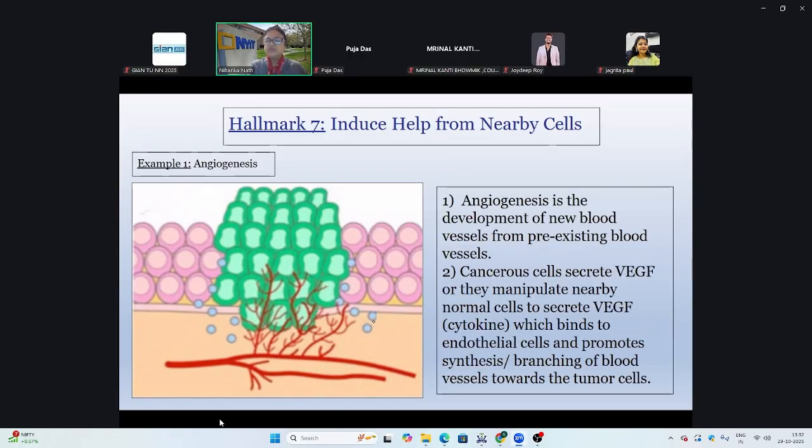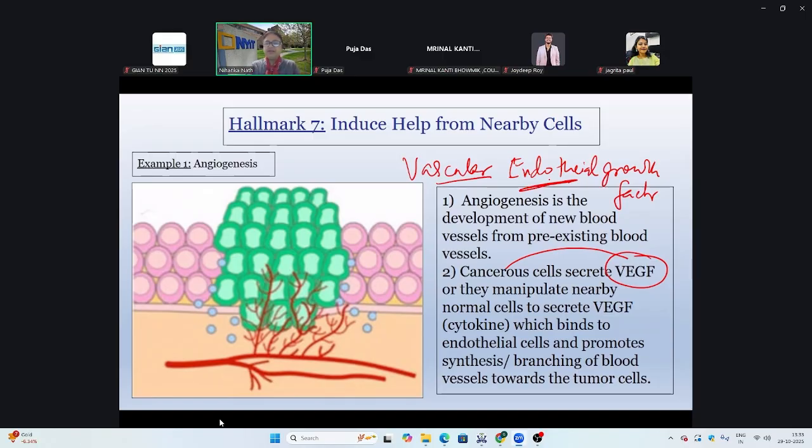So for angiogenesis, the molecular biology is that the cancer cells secrete vascular endothelial growth factor. Vascular endothelial, I hope you're taking notes, growth factor. So it's a growth factor, but it's for vascularization, and